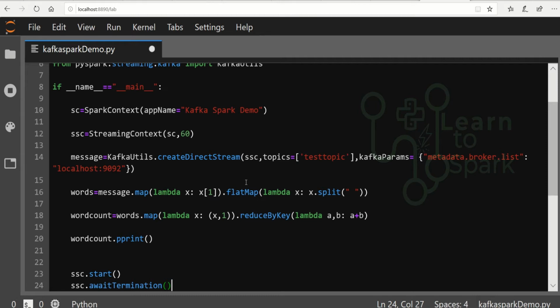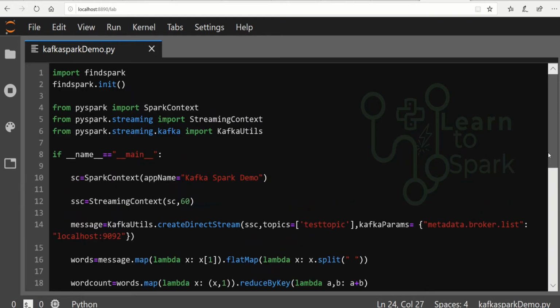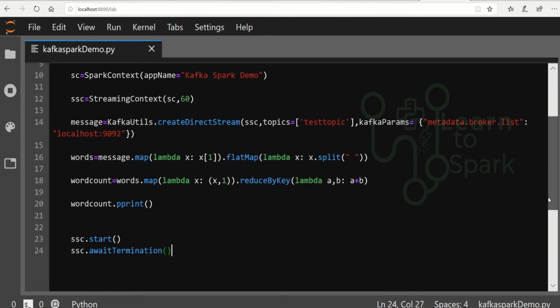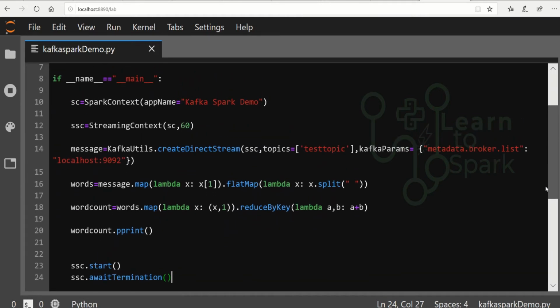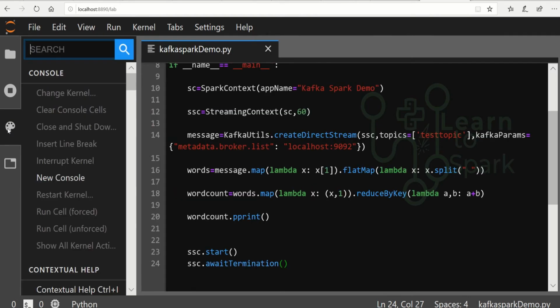By this way, we have completed the coding for the PySpark. Here you can observe we have only a few lines of code, which is hardly 20 lines compared to the Scala, which is much easier. Now let us run this code. For running this code, I will open a terminal here itself. Here in Jupyter Lab, we have a command terminal, which I will click, and I will search for terminal.